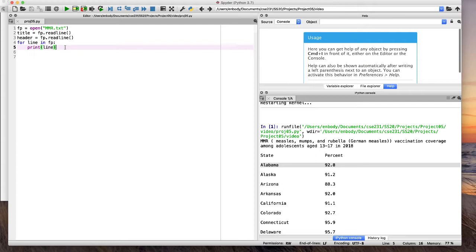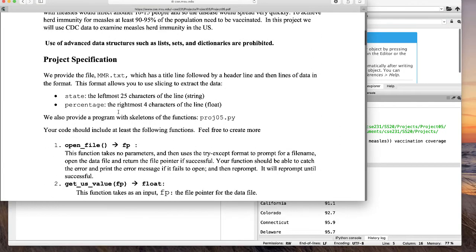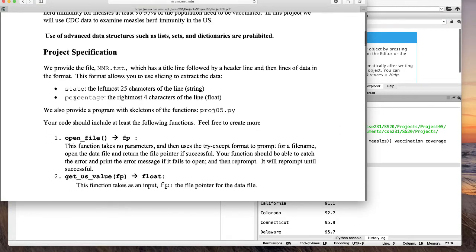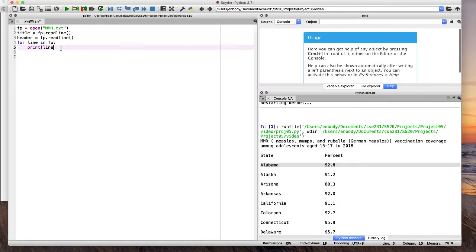And then what I'd like to do is, rather than printing the line, if you look in our information here, we see that state is the leftmost 25 characters, and then the percentage is the next 4 characters. Right? So that means that I can say in each of these lines, the state is the first 25 characters, and